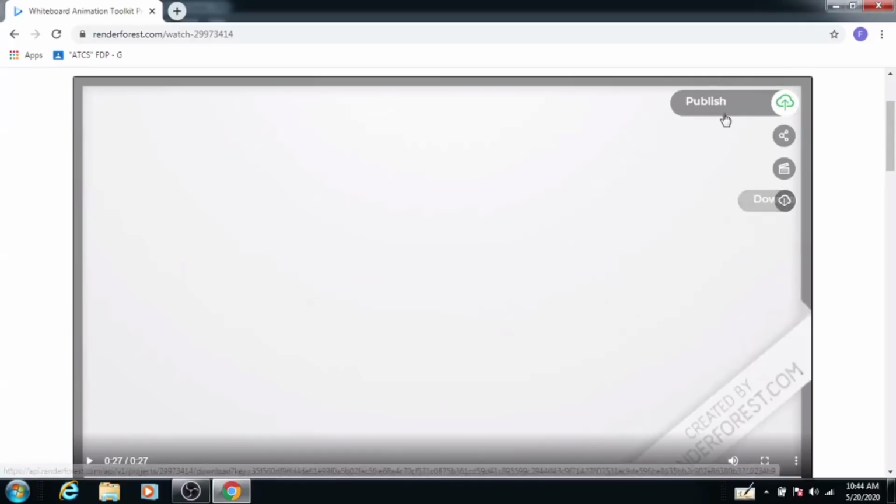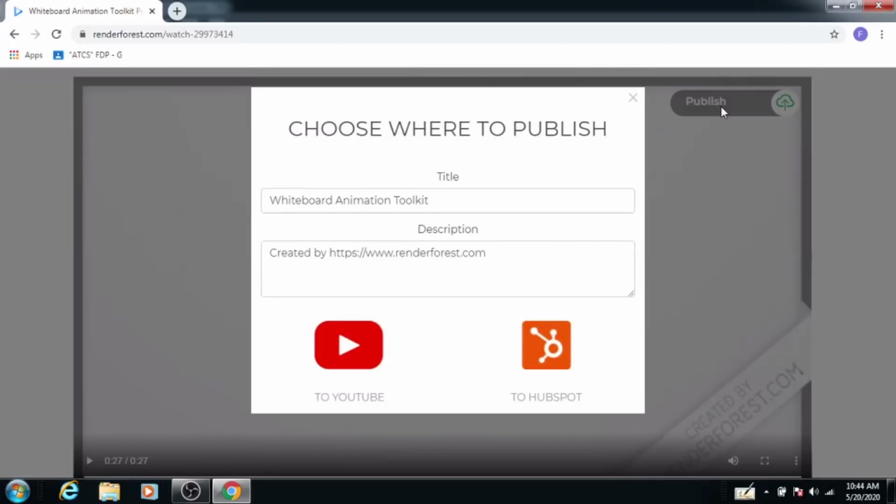And here, publish video again has options. If you are going to publish your video directly, two options are there. You can directly upload to YouTube. Therefore, if possible, first check your video quality and then upload to YouTube.